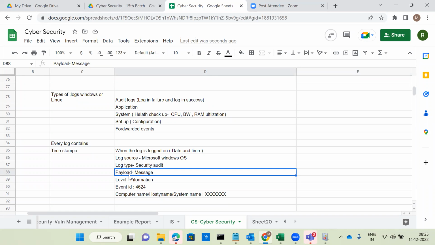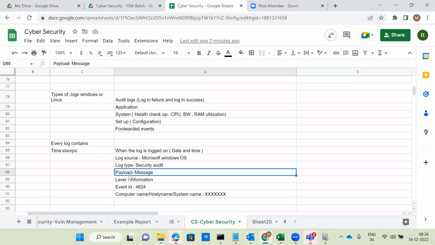Indicator of attacker, whoever is trying to do the hacking. Okay, so that person's details, obviously public IP, and from which country is trying to do the attack. So that's called IOA, indicator of attacker. What are the indicators of the attacker's information now? Country is one of the indicators. And IP address, from which IP we are receiving that particular activity, is also one of the indicators. What type of incident he is trying to compromise with is also one type of indicator. So this is called IOC and IOA, indicator of compromise and indicator of attacker.